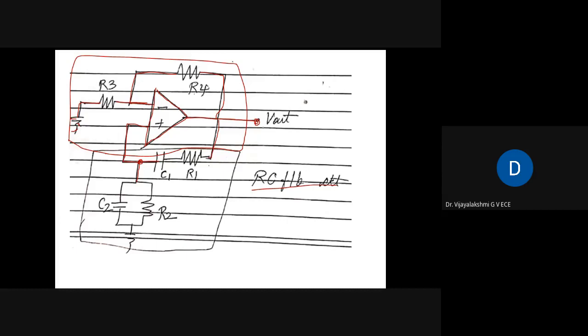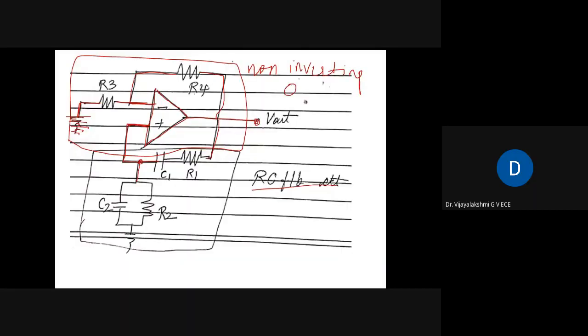But if you observe, the connection was also different there. The three RC sections were connected in a different way, but here you can see the RC combinations are connected in a different way. Why? Because in this amplifier, the inverting terminal is grounded, and it is receiving the feedback signal at the non-inverting terminal. That means this amplifier is working in non-inverting mode.